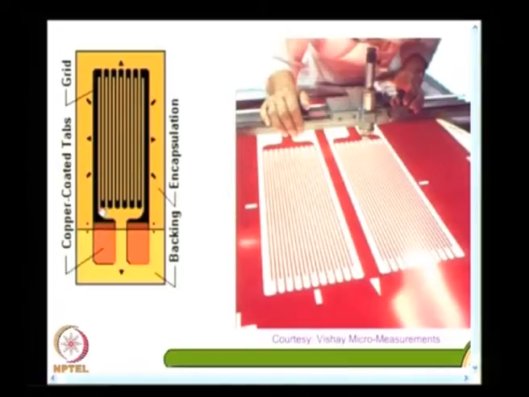And because I have looped, I have 2, 4, 6, 8, 10, 12 loops I have here, and typically you will have about 3 millimeter gauge length. So, I actually have 36 millimeter of wire, which is compacted into a grid, and I make the end loops thick enough so that it has a low resistance. It is an approximation. It would have some sensitivity for strain along the transverse direction too. So, we have to bring in the engineering approximation.